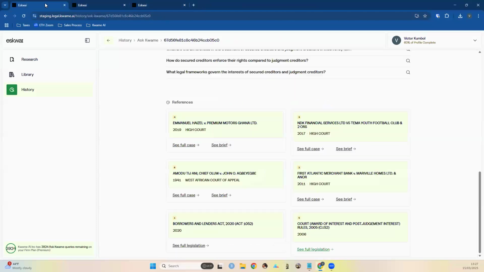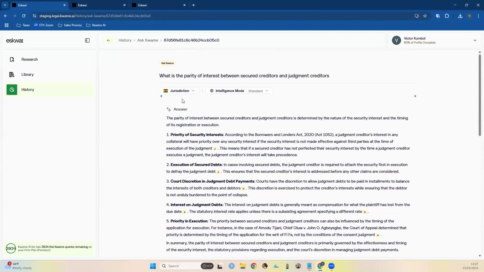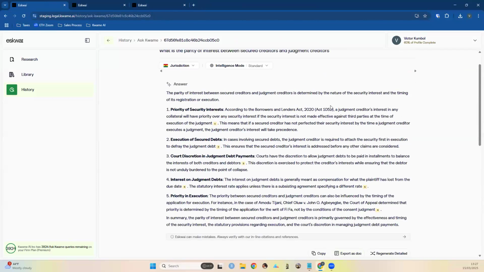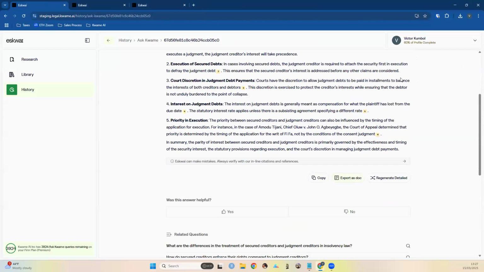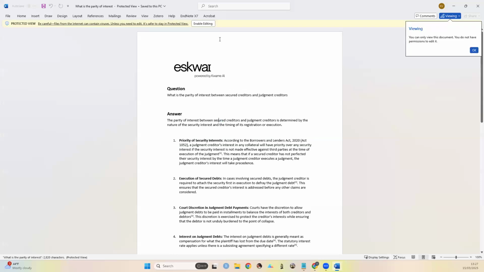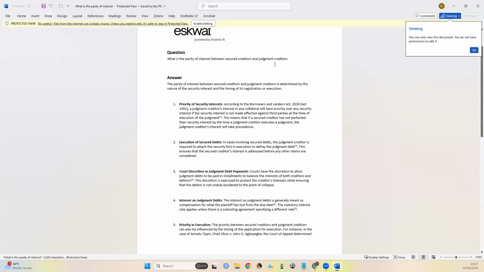Right, and back to the query page as well. It's a new feature that we have here. So there's this new button, export as a doc. So this allows you to export the answer that was generated as a document that you can use for your downstream work. So when you click this button, it would export a Word document. And when you open this Word document, it basically contains your question and the answer that was generated. So this is the Word document. This is the question that I asked.